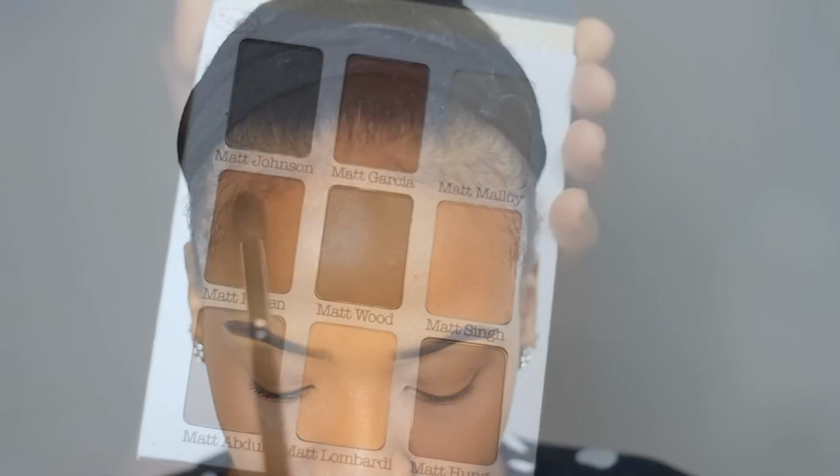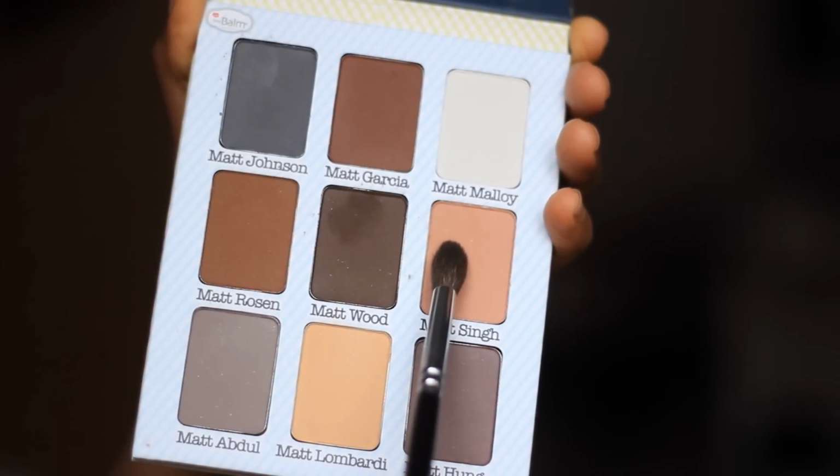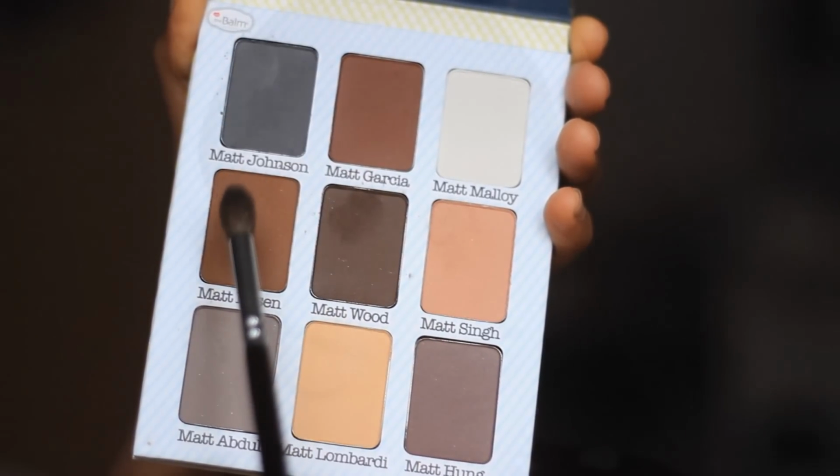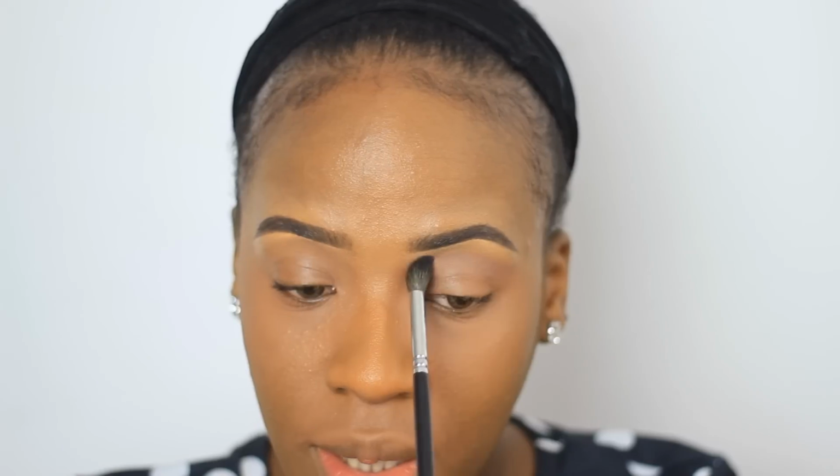I'm going to take Matte Rosen and mix it in with Matte Sin and use that as my transition color. I want a really light wash of color. I'm going to take my Zoeva 228 crease brush and just apply my transition color. I'm just going to take that just underneath my brow bone right here. Okay, so